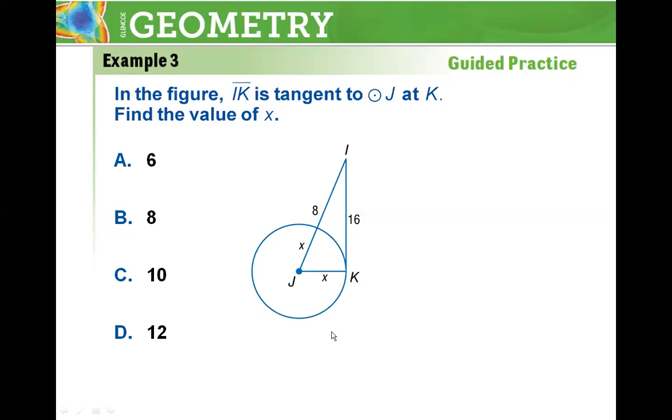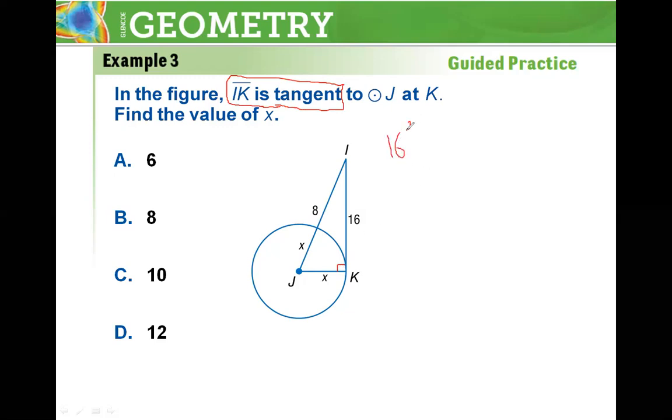We wrote that 16 squared plus x squared equals (8 plus x) all squared. From where do you get this? When he said that line AK is a tangent to the circle, this angle is 90. So I can use Pythagoras, as you said, and write 16 squared plus x squared is equal to